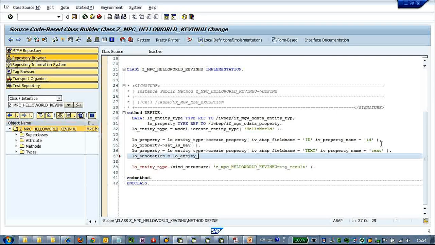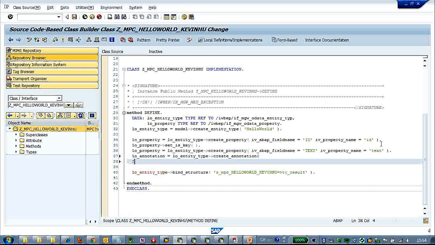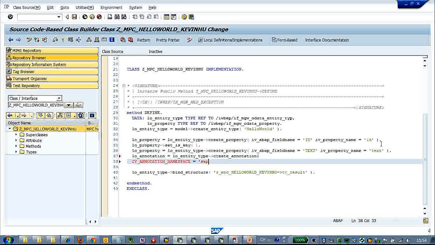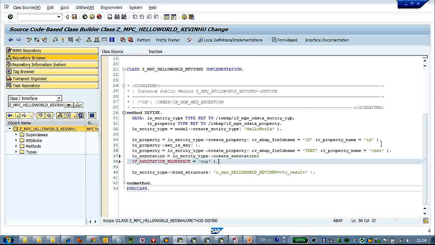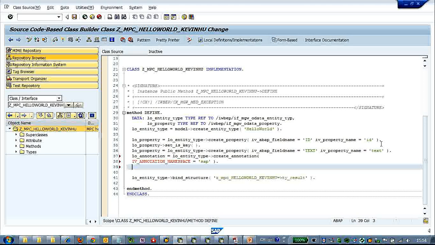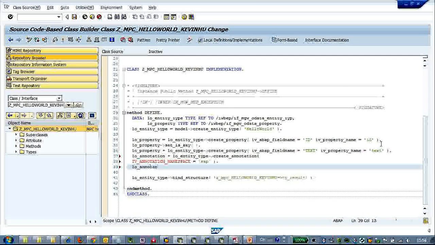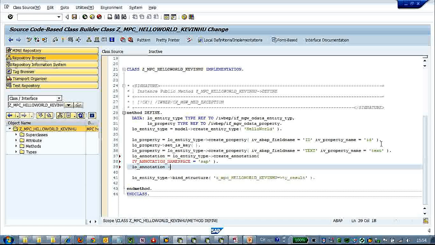A custom annotation can be useful in several scenarios where you need to define some additional information besides the OData protocol. So you can see we can define an annotation here. This time I would rather input it manually, so it could be very clear. Say the annotation namespace is SAP,